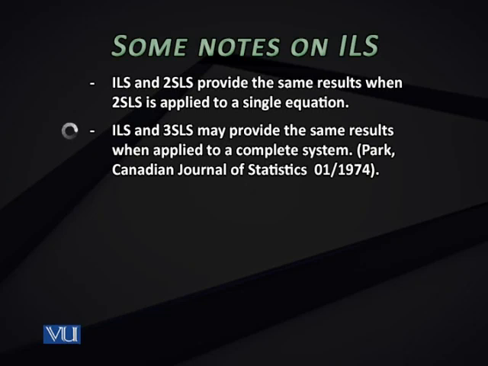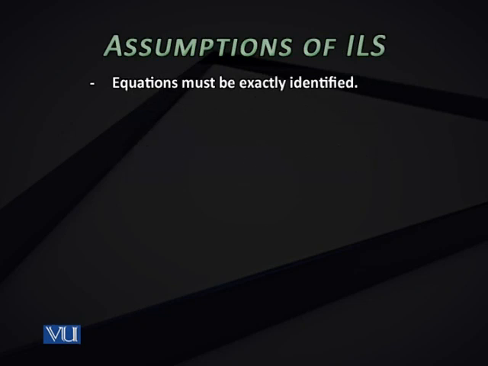सो ILS और 3 स्टेज लीस्ट स्क्वायर आप देखेंगे फ्यूचर में उस सूरत में एक जैसे रिजल्ट देंगे अगर उसको पूरे सिस्टम ऑफ इक्वेशंस पर इकट्ठा अप्लाई किया जाए। फॉर एग्जांपल, ये जो रेफरेंस मैंने दिया है कैनेडियन जर्नल ऑफ स्टैटिस्टिक्स, अगर आपको टाइम मिले तो इस आर्टिकल को देखिएगा कि उसने कैसे ये प्रूव किया है कि 3 स्टेज लीस्ट स्क्वायर और ILS सेम रिजल्ट्स देते हैं।